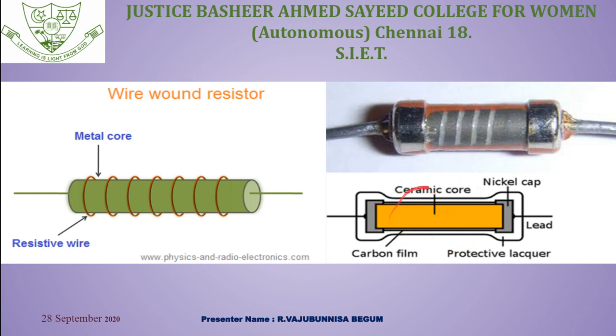A spiral is etched on the deposited carbon, which turns into a wire wound on a ceramic core. Depending on the resistance required, the pitch, diameter and length of this carbon spiral may vary. Nickel caps are attached to both ends of the core to create a good contact between the carbon and these two leads. The leads are soldered onto the nickel caps, and the entire resistor is coated with lacquer for electrical insulation.